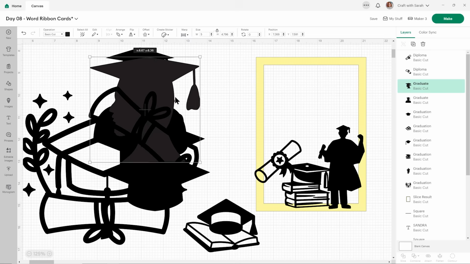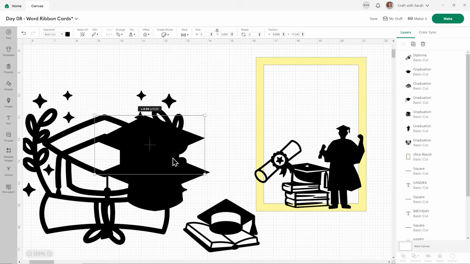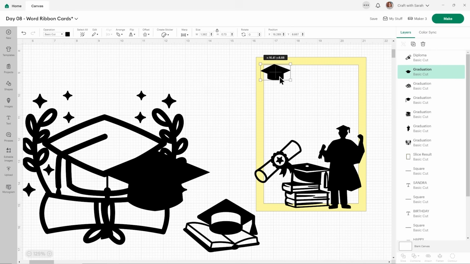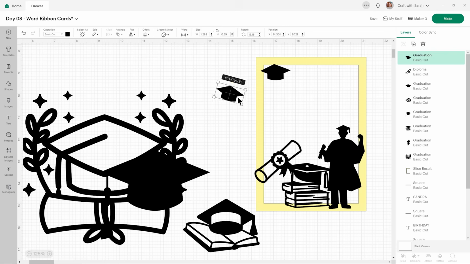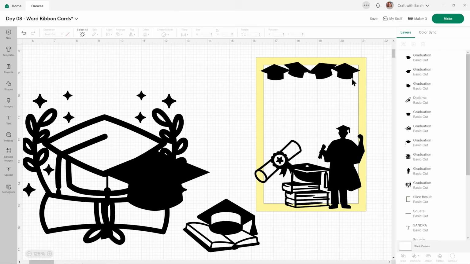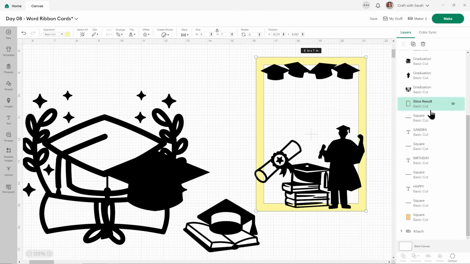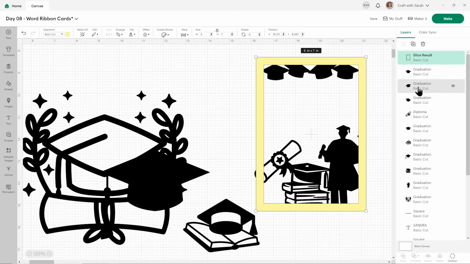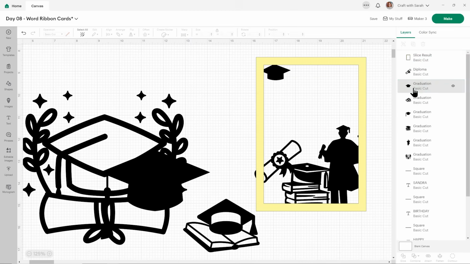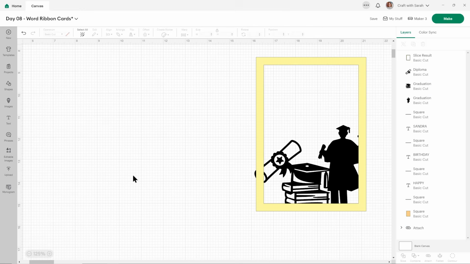And then along the top, we could just put in some different hats, all at different angles and sizes. Just making sure they're touching and they've got a nice overlap on them. All right, so now we can go and find our yellow and go arrange, bring to front. And this is what you'll actually see when the design's cut out. So actually I don't like those hats. You can't really tell that they're hats once it loses the point. So I'll delete those and find something different to go in there instead.